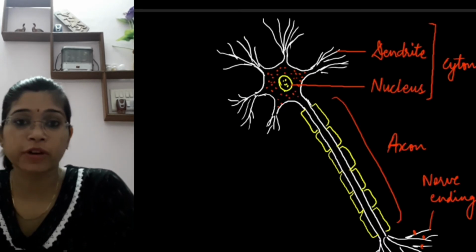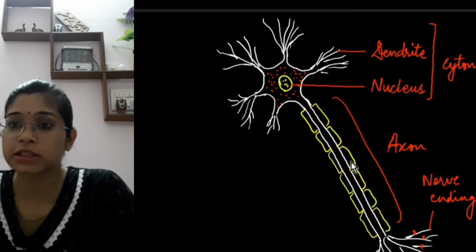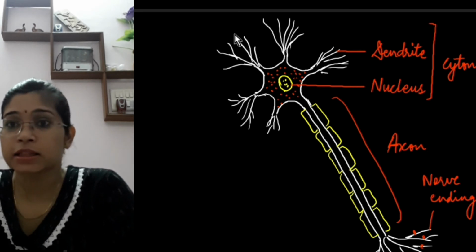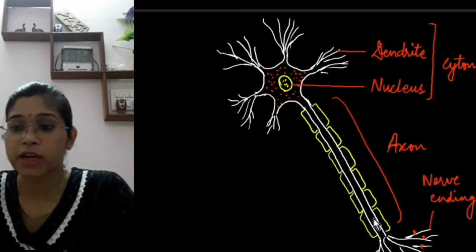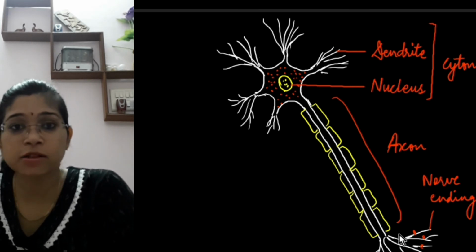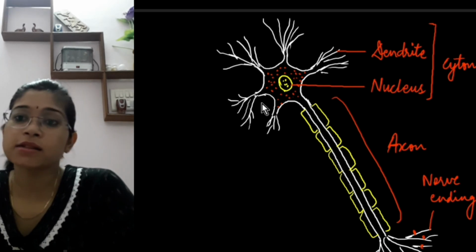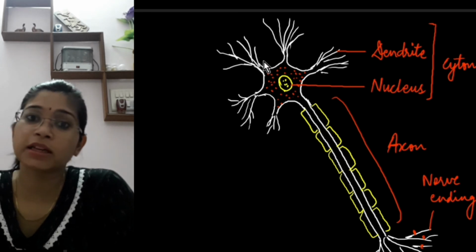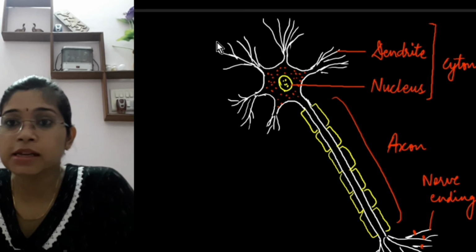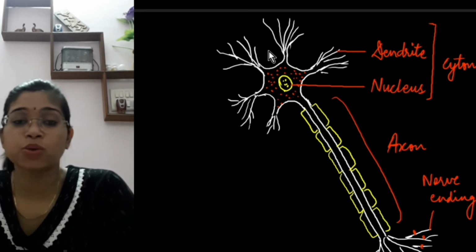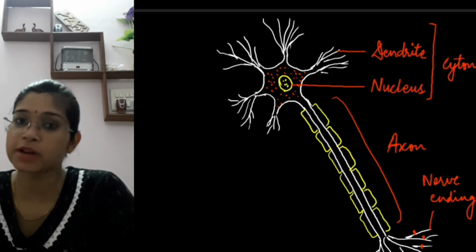This is a diagram of a nerve cell, that is a neuron. We see that this whole structure is divided into three major parts. This part is known as cyton or the cell body. This longer part is known as the axon and the last part is known as the nerve ending. So you know, like this cell, many cells are present in such a manner that the nerve impulse gets transmitted from one cell to another cell. These hair-like structures are known as dendrites, which are helpful in collecting the information from the cell above.